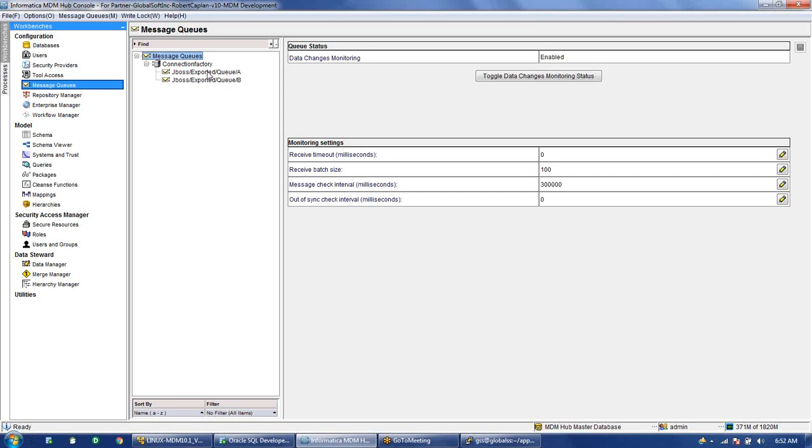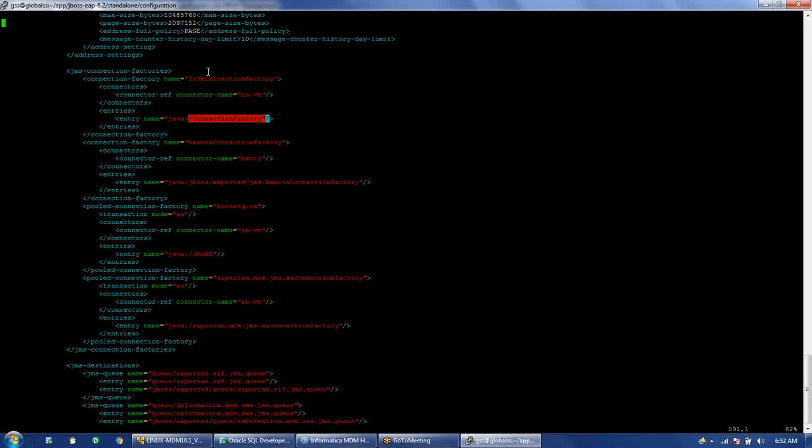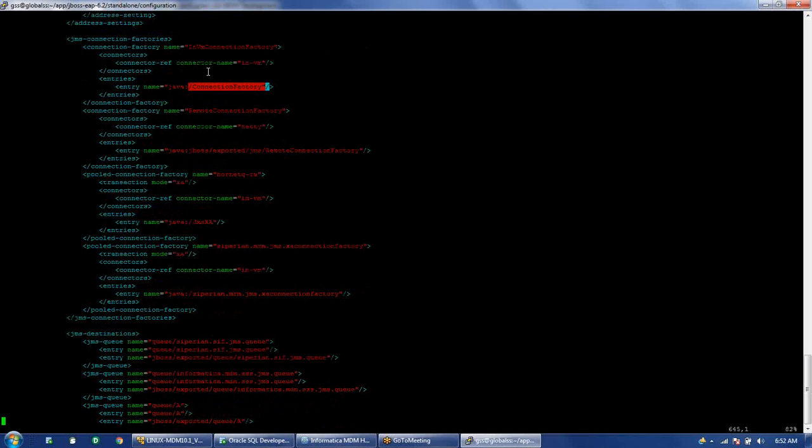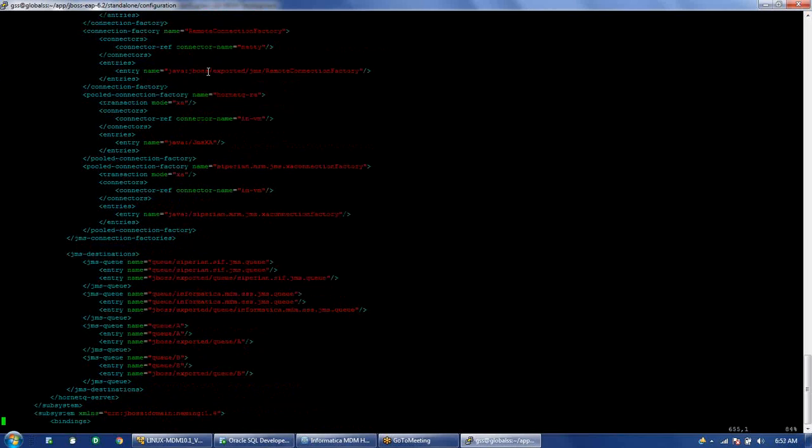Whenever any change is happening, like inserts, updates, deletes, the inbound queue will work. It will know that there are some changes happening in the MDM, and it will register into MDM that there is a new change that has happened for a particular record. That is called an inbound queue.